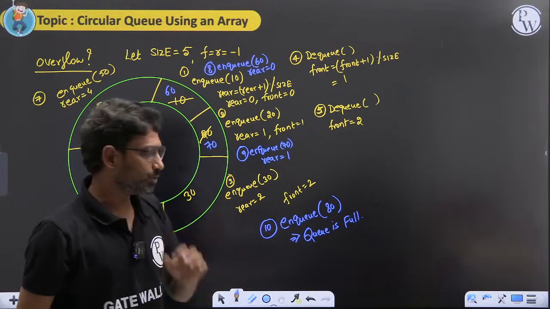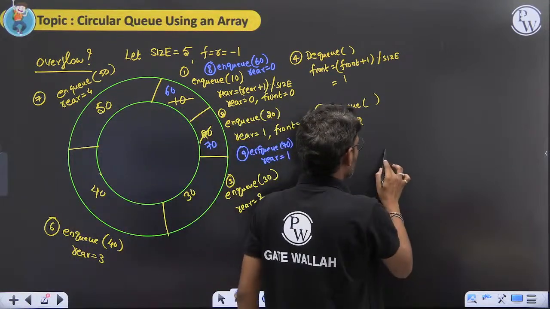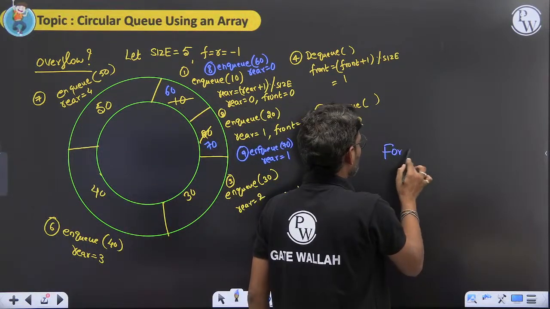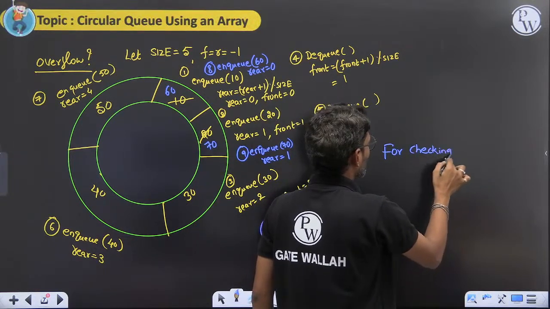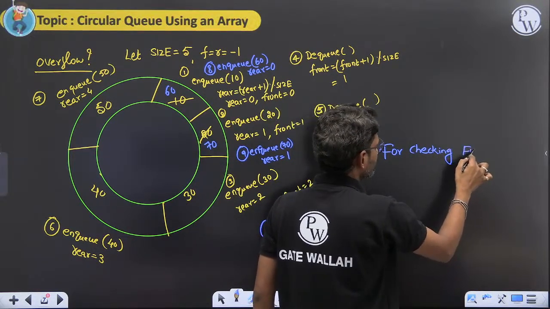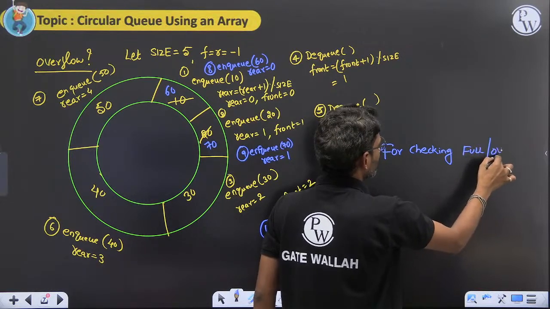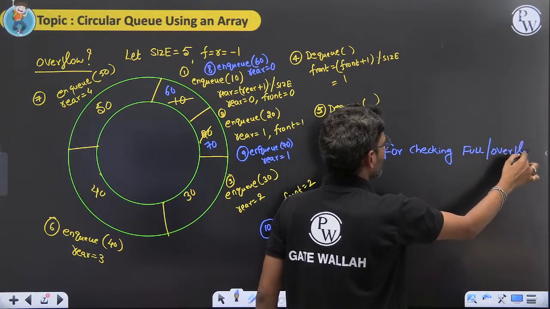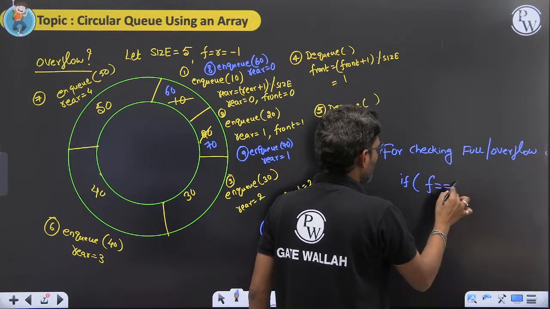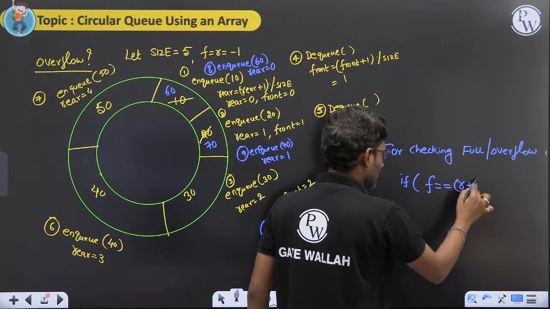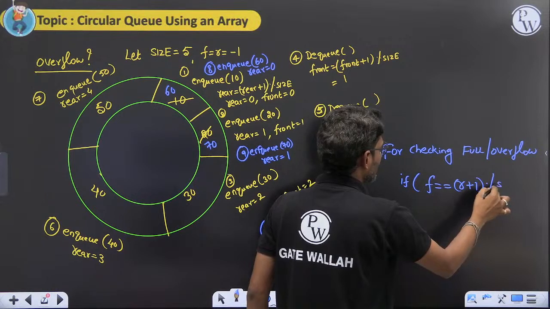So what should I do? What is the condition I have to write for checking overflow or full? If front is equal to (rear plus 1) mod size,